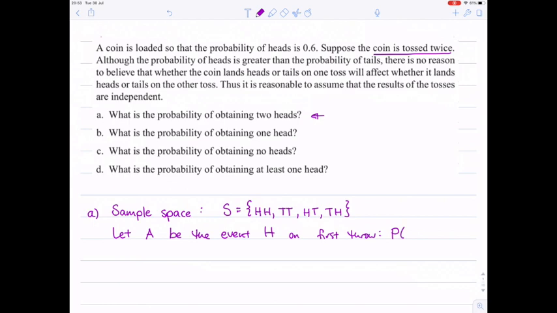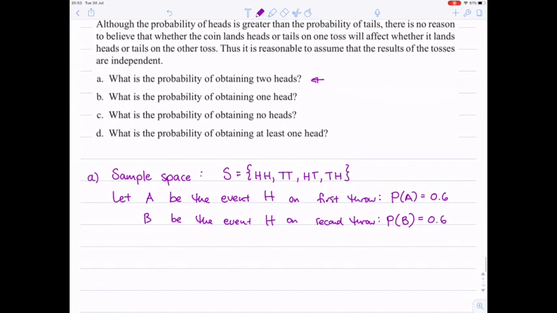So we know that our probability for this is 0.6, and I'm going to let B be the event that we get heads on the second throw. And we know that our probability of getting heads on the second throw is exactly the same. It's going to be 0.6. Now, since we know that A and B are independent,